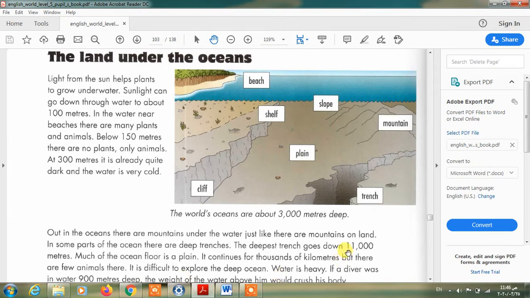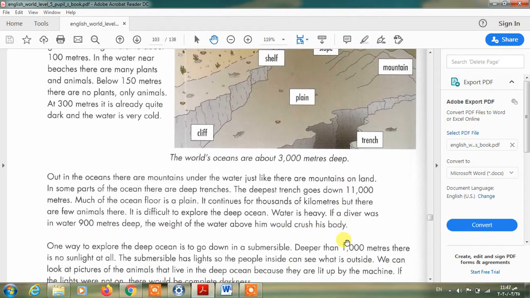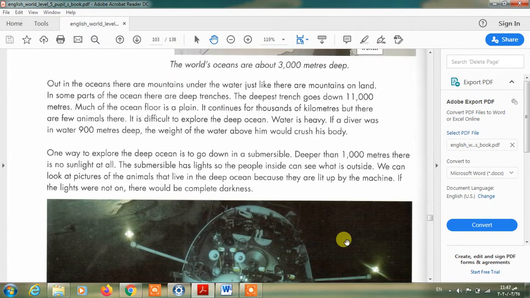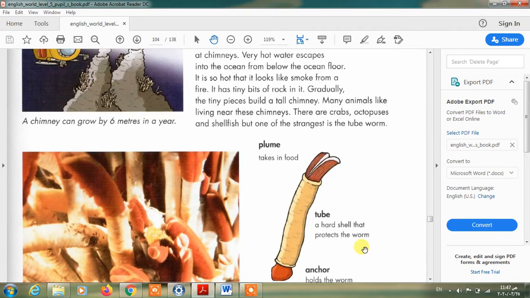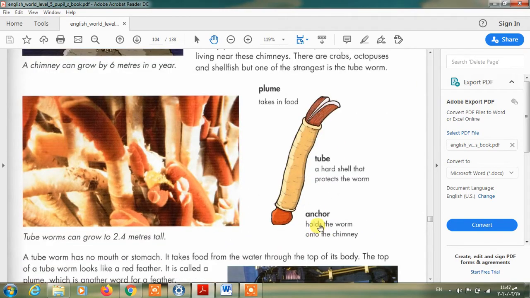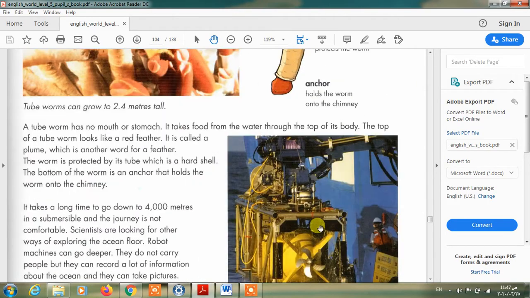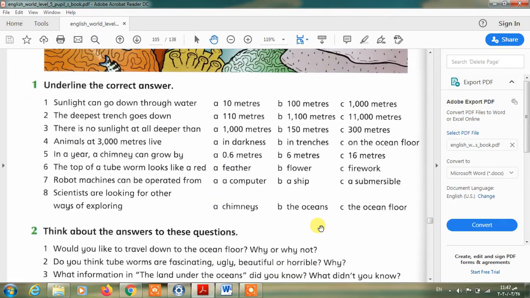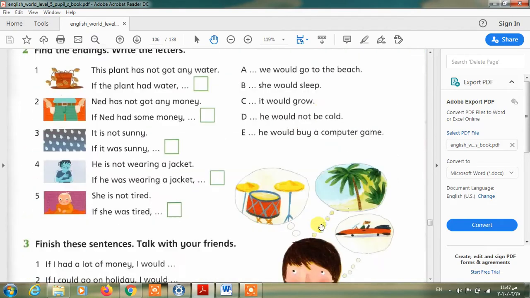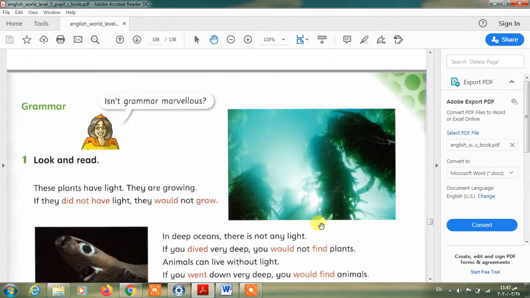We also discussed that scientists explored the ocean floor and what creatures live deep under the ocean, especially the worm tube. Today it's time for a new grammatical structure, which is the second conditional